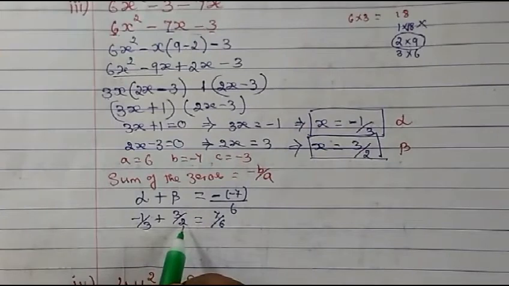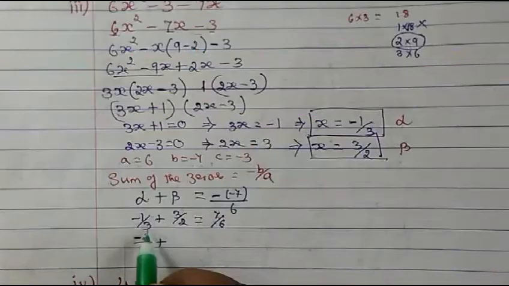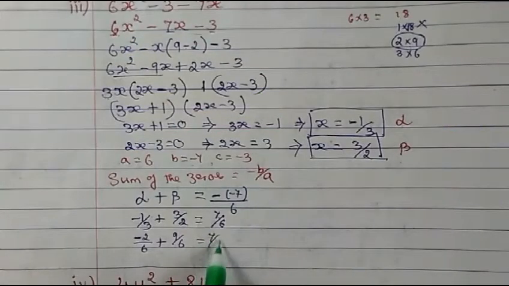So now your denominator is different. So let's take the LCM. So with 2 I'll multiply both sides, then I'll get minus 2 upon 6. Plus we write as it is. With 3 I multiply both sides, then 9 upon 6. 7 upon 6. So now denominator is same. So I'll write down 6 as it is. Then 9 minus 2 will give us 7. So here also 7 upon 6.